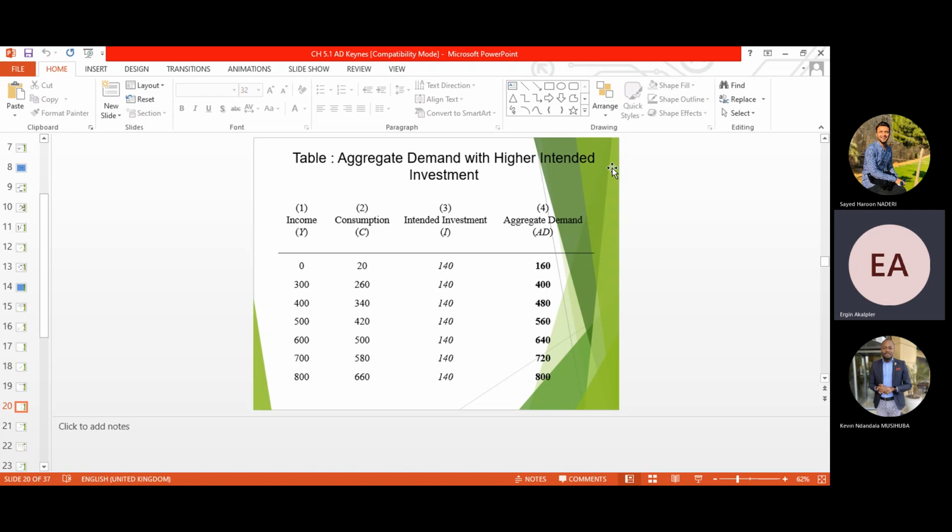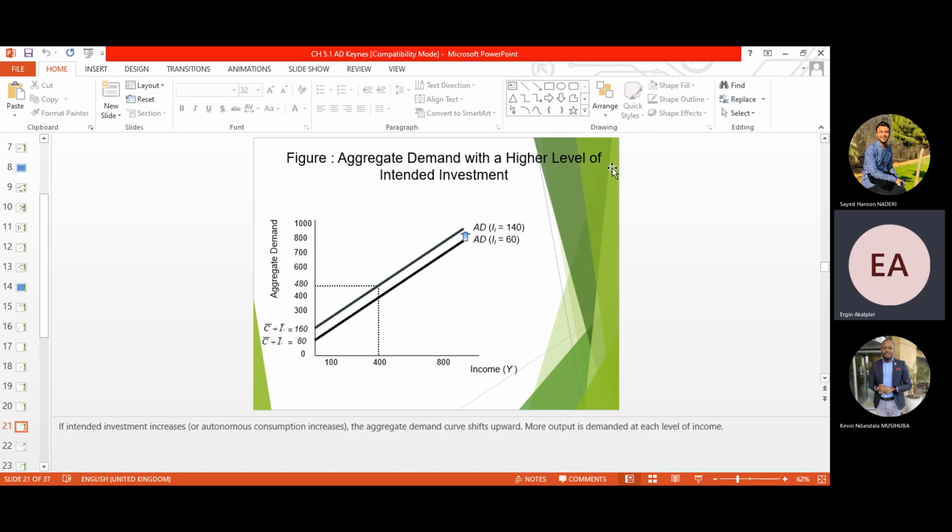In the former example it was 400. This is again illustrated on the graph. You are observing here 80, which is increased to 160. Then we have the aggregate demand curve for the first, which is 60, and the aggregate demand curve for the investment of 140 is illustrated here, which is again parallel, but now it is enlarged and increased